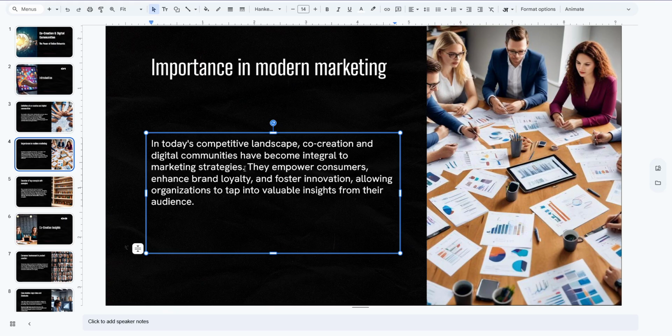And then new and new startups, and even people like us who are very small scale compared to the big brands, even we can start doing advertisements online. So co-creation empowers consumers, enhances brand loyalty, and fosters innovation because